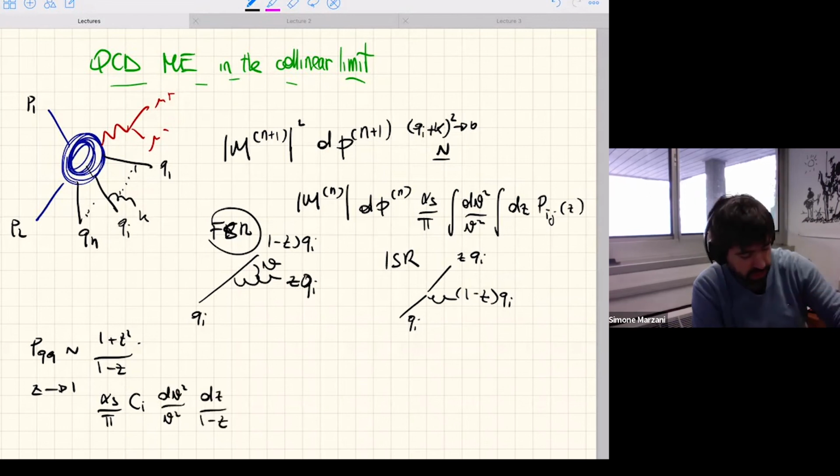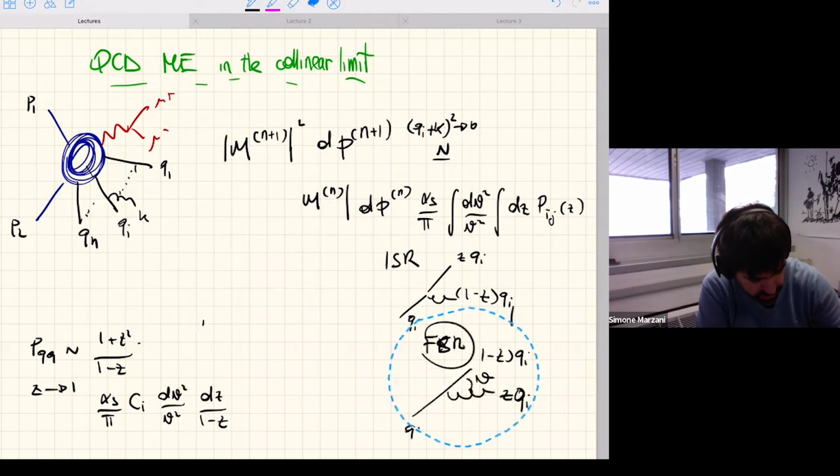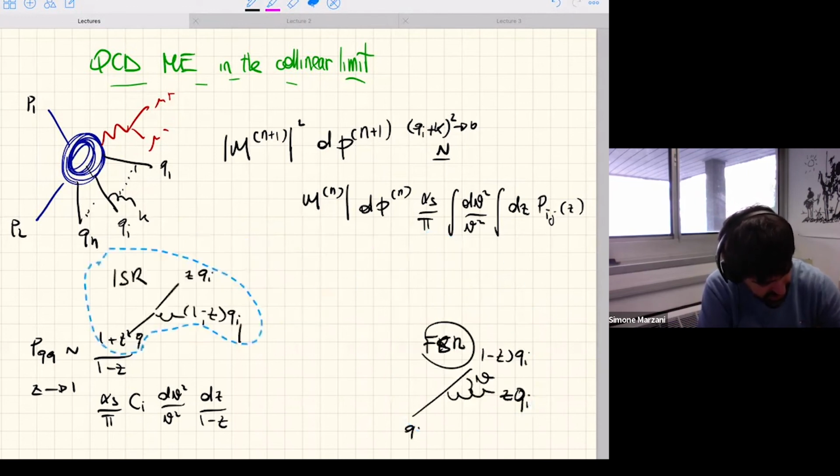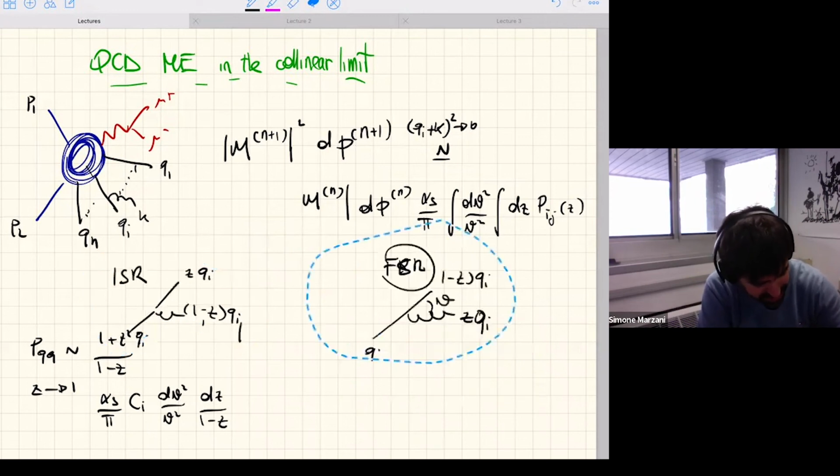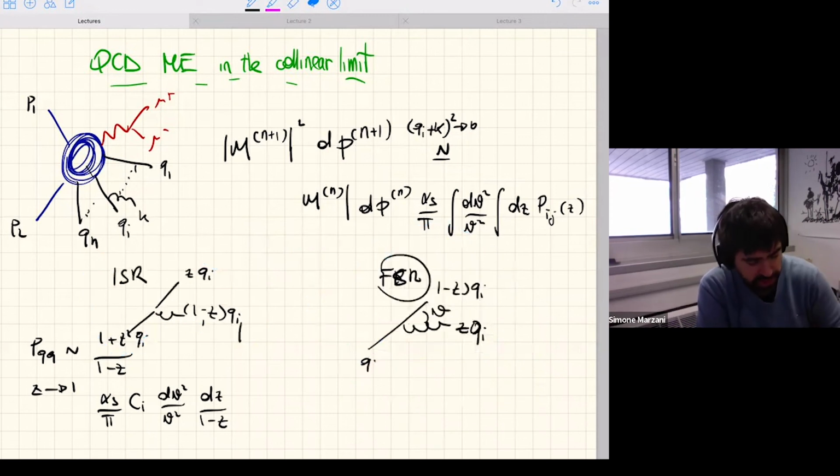If you look at a time-like splitting, then usually the soft limit is indicated by z goes to 0, and then